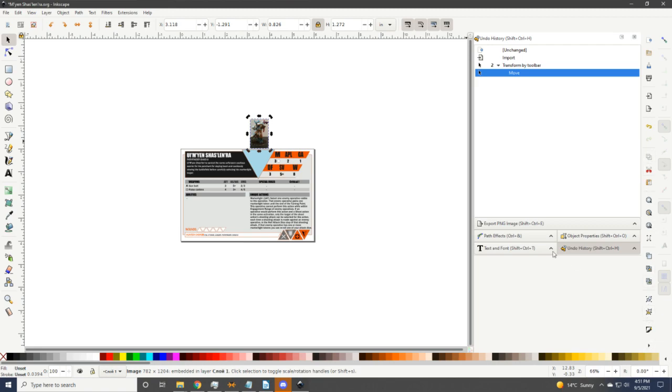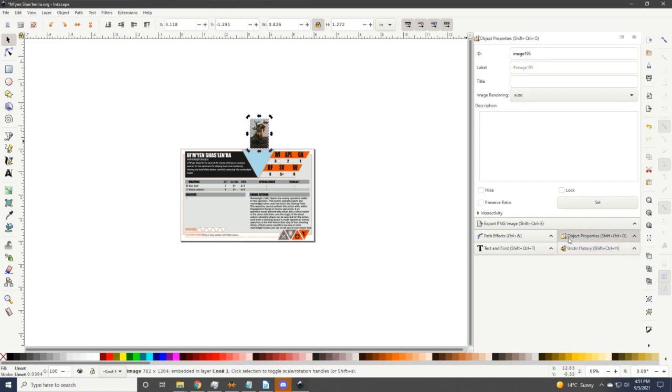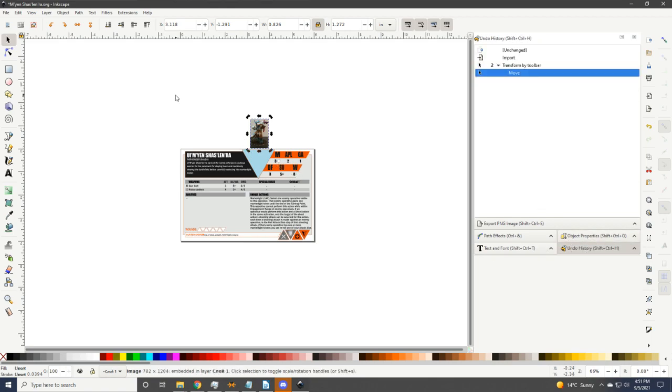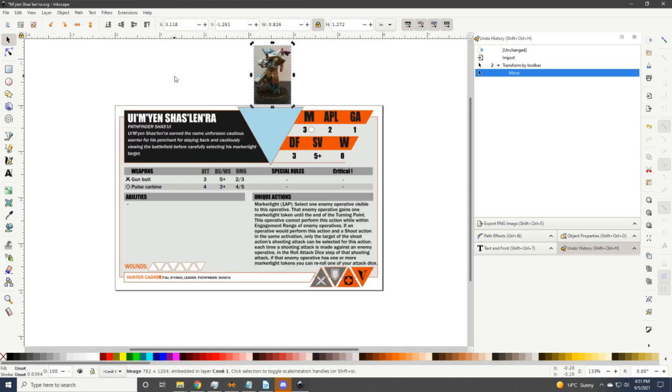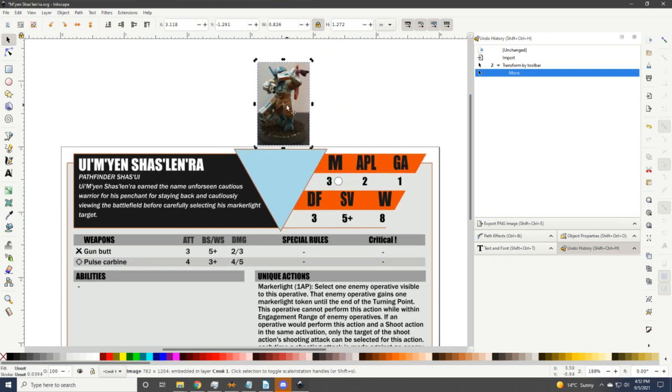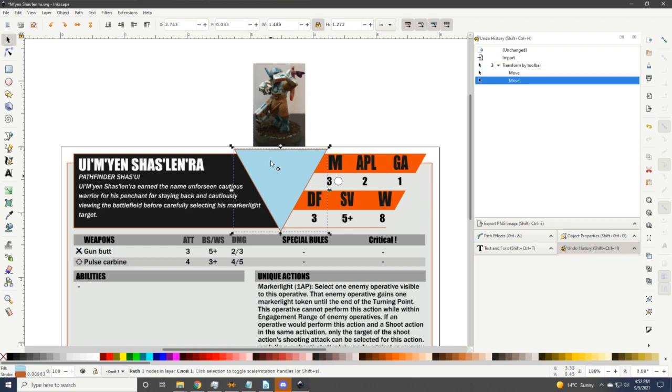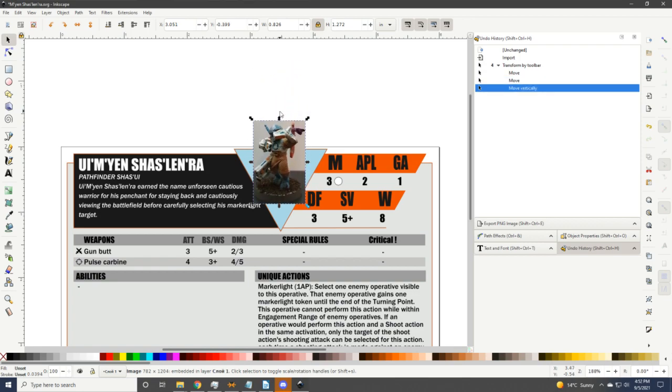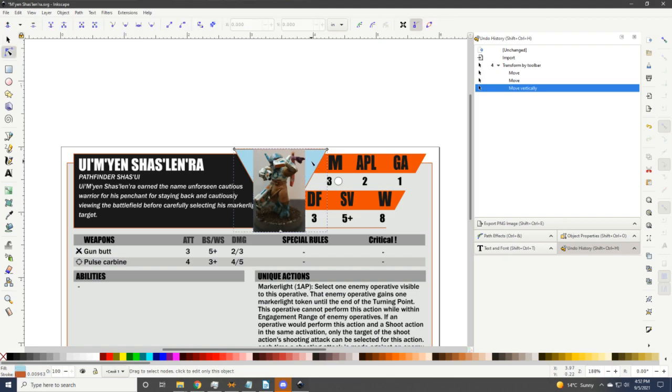Then we can come over to here. And let's zoom in a little bit with our plus key. We can bring him right here. And then we can even use our arrow keys to bring him down and line him up with the little triangle. Now we're going to need a second copy of the triangle for clipping, so we'll copy the triangle and